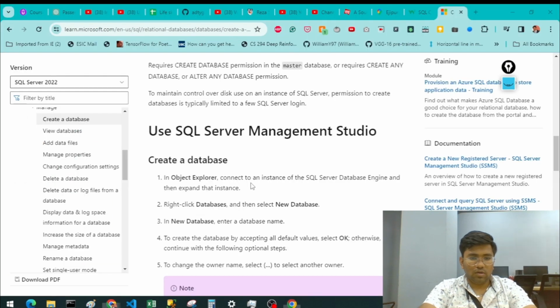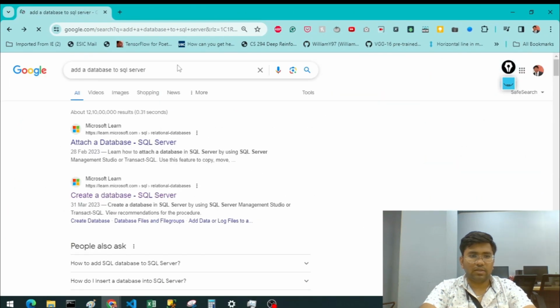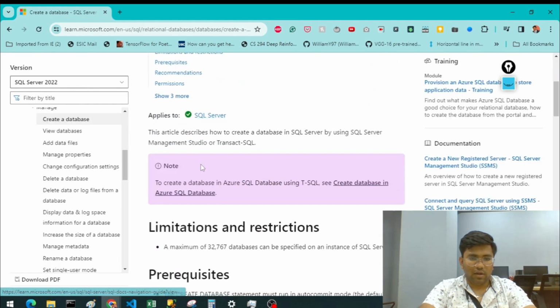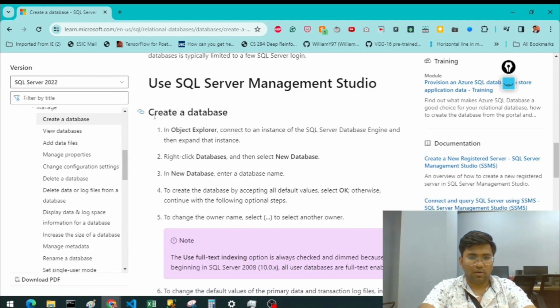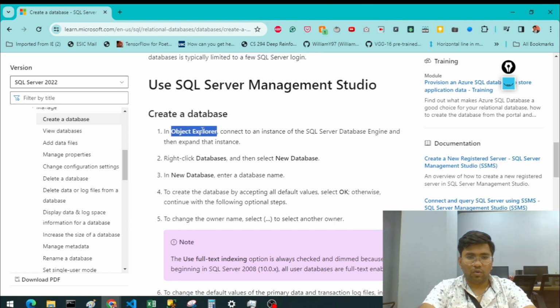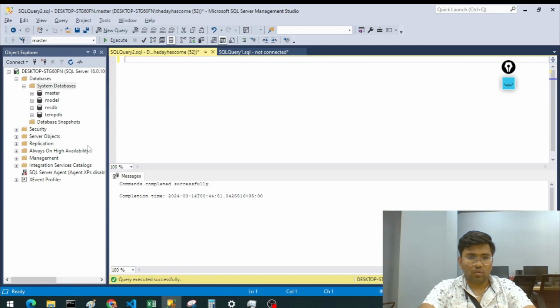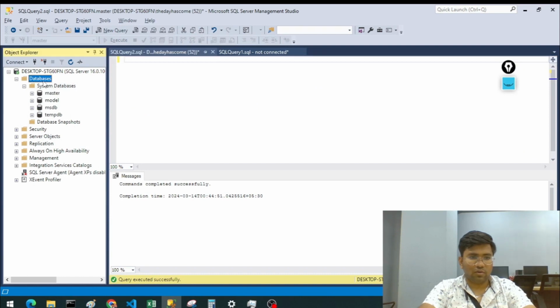Let's go to Google Chrome, and what I've done is I've just searched for adding a database to SQL Server. You can see that here's the link, and for creating a database, let's go to the documentation. We have to open SSMS, then go to the Object Explorer, connect to an instance, right click the database and select new database, right? So we have to right click this and click new database,